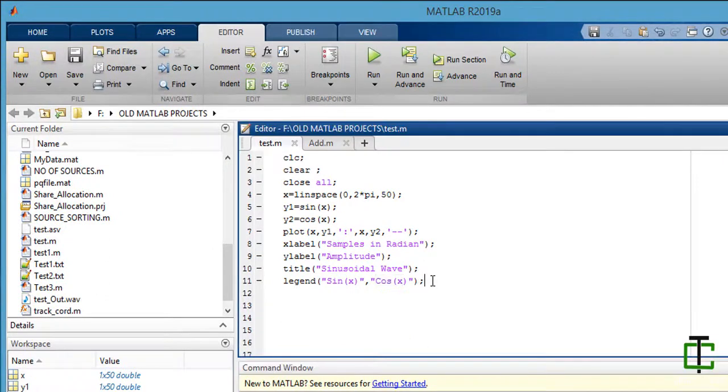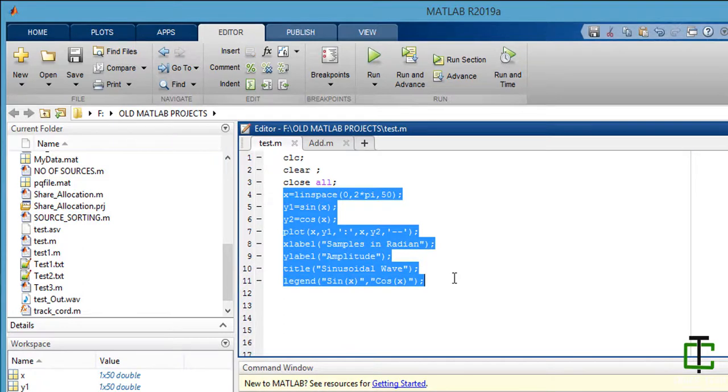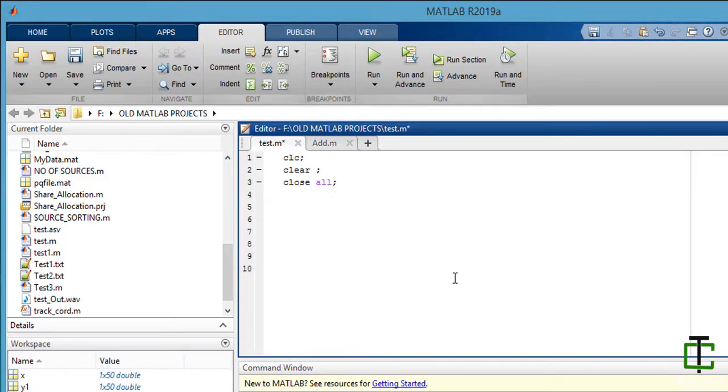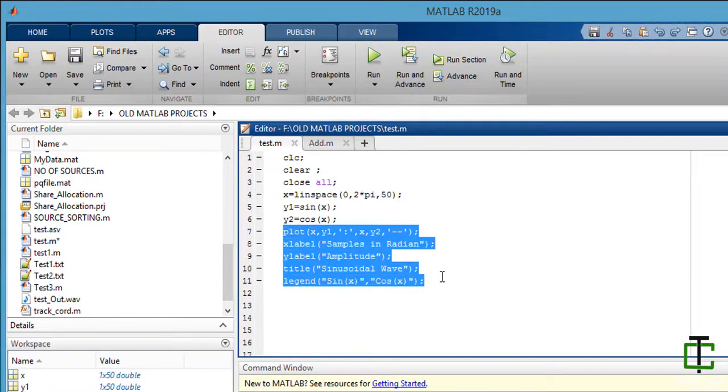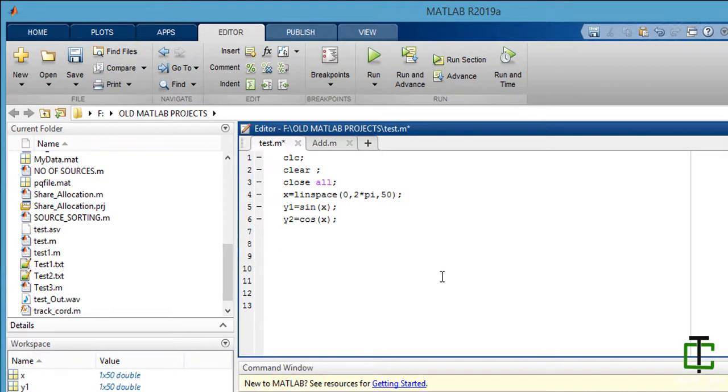Now there is another plotting function you need to know about, because it's also important, which is subplot. Let's delete this sentence and add two other functions: y3 is sine 2 into x, and y4 is equal to sine 3 into x.